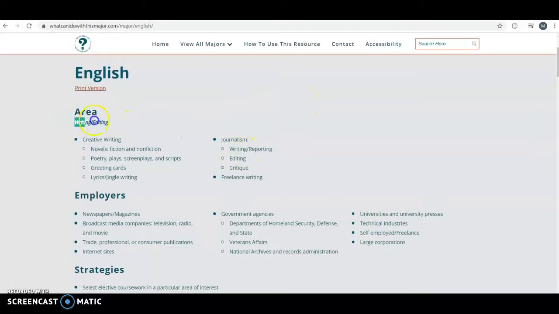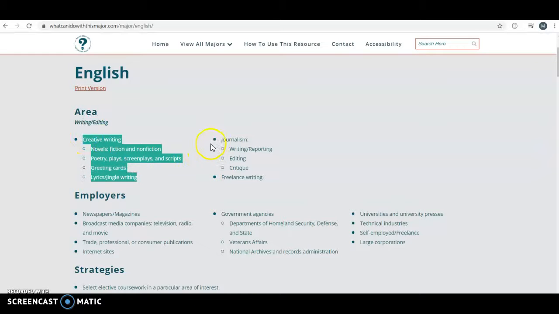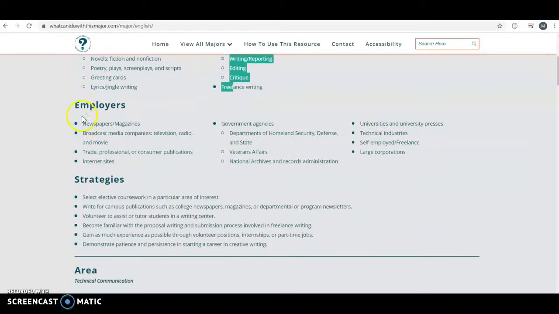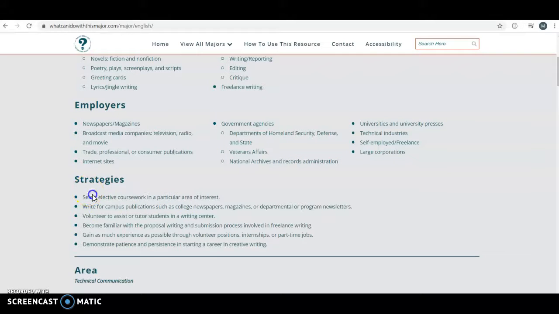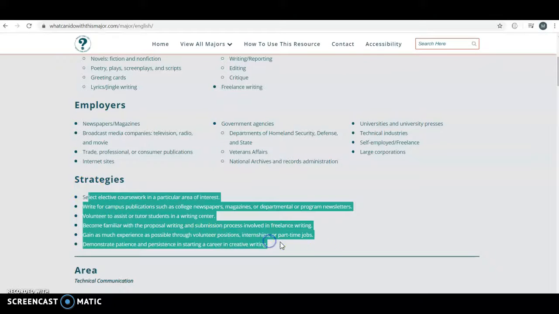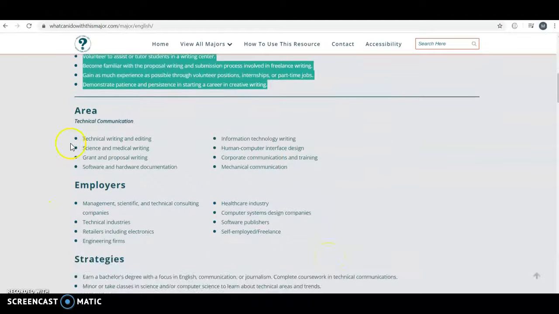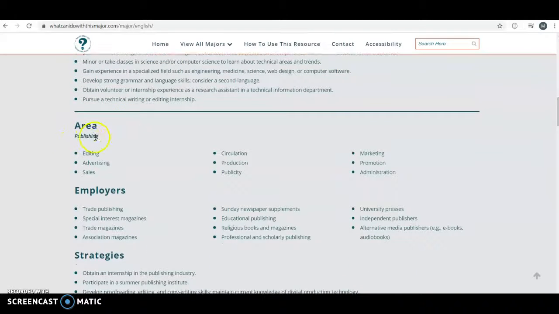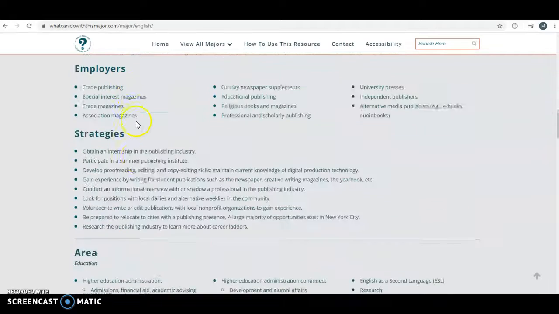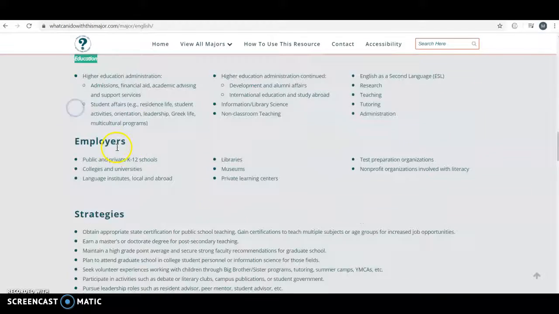So this tells you writing and editing, tells you things like creative writing, novels, poetry, journalism, what types of employers hire people in this area, and what strategies they suggest that you do if you want to get into this field. And then it breaks down different areas: technical communication, publishing, the different areas of publishing, education,